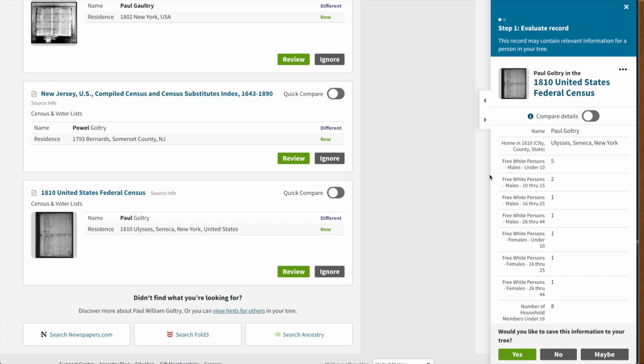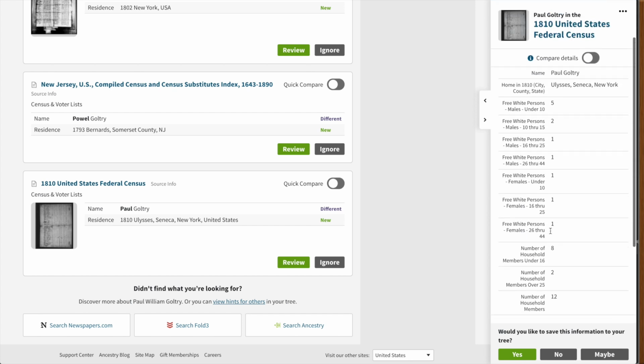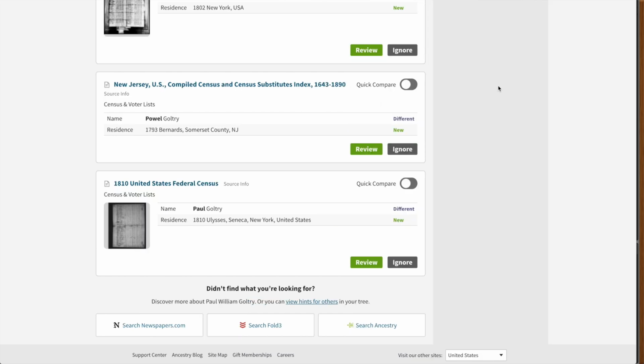So I'm going to X out of this and look back at the indexing, and we see that they have it laid out. So free white persons, males under 10, there were 5 of them. Free white persons, males 10 through 15, 2 of them. 16 through 25, 1, etc. So it shows all of the people within the household. There are 8 total that are under 16 and 2 who are over 25, but there are 12 total within the household. So this isn't as helpful genealogically, but it is very interesting to just get an idea of